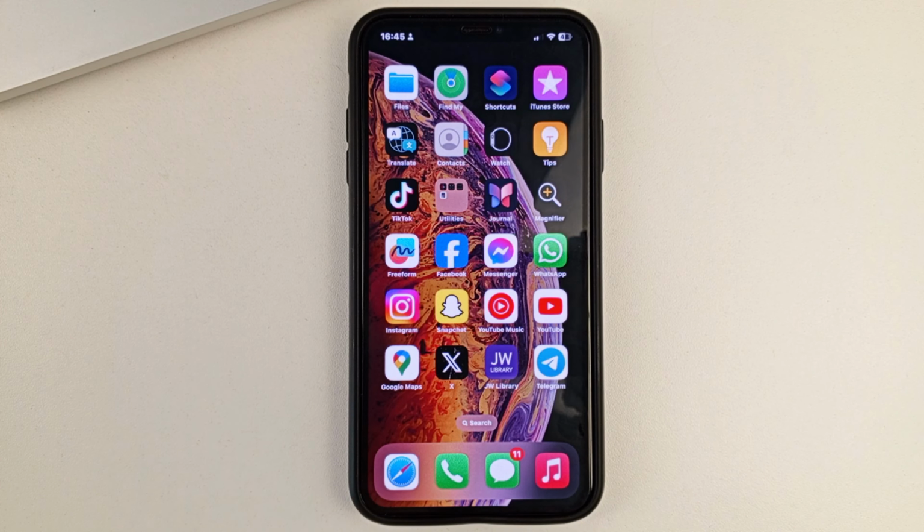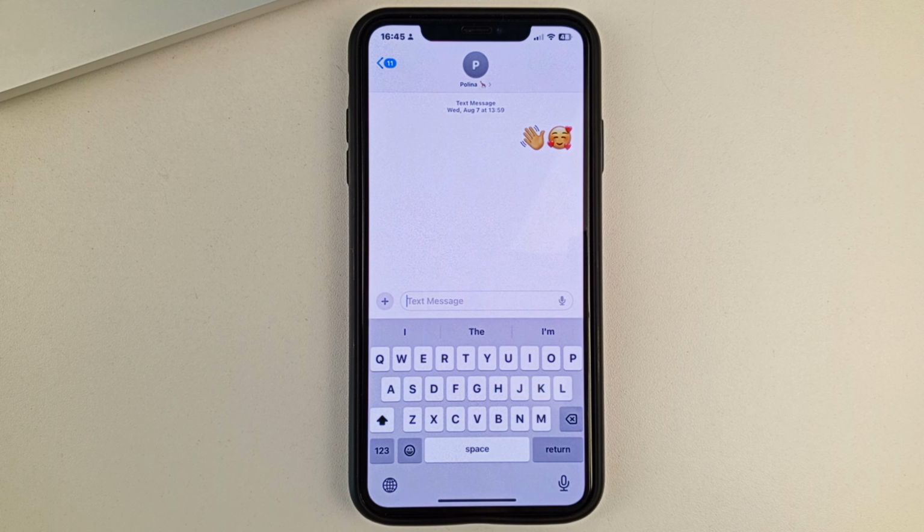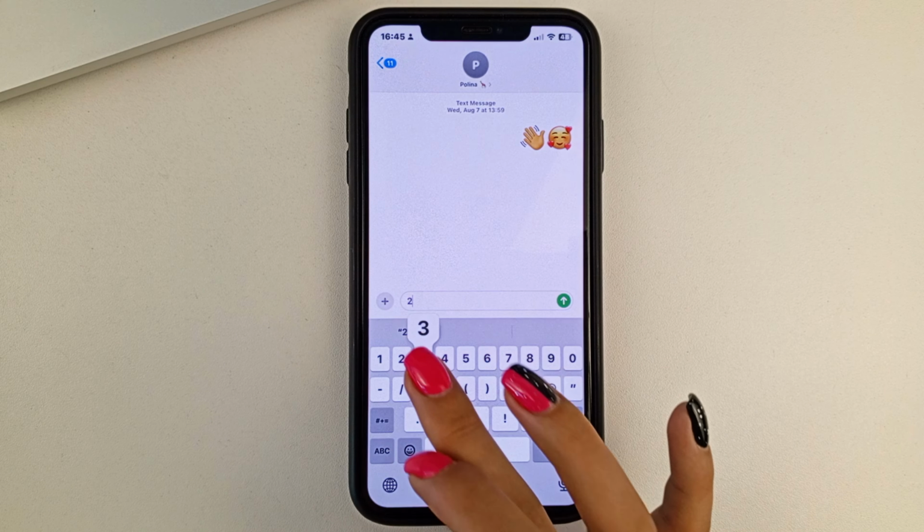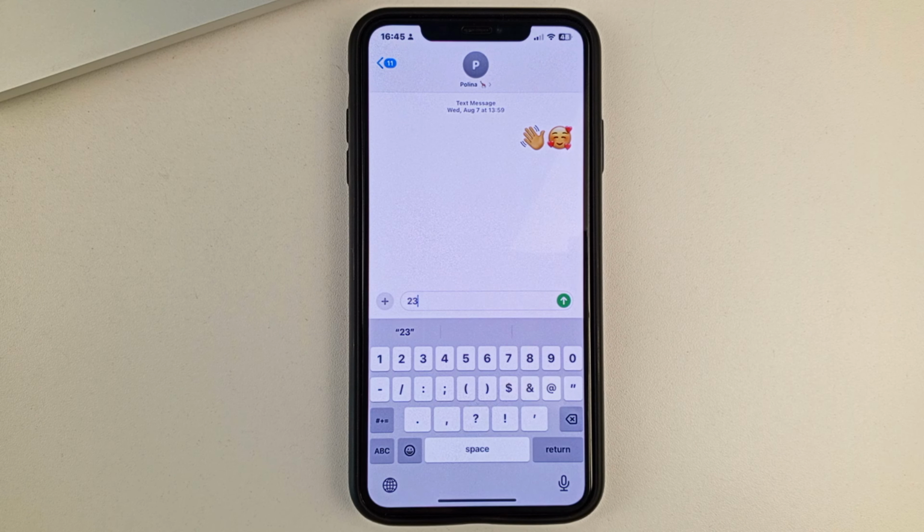First, go to any app or messenger, social media where you can write. I opened a message for this and went to correspondence. So friends, first of all, you're going to need to write a number, let's say 23. And now to add this little circle at the top, which symbolizes degrees,